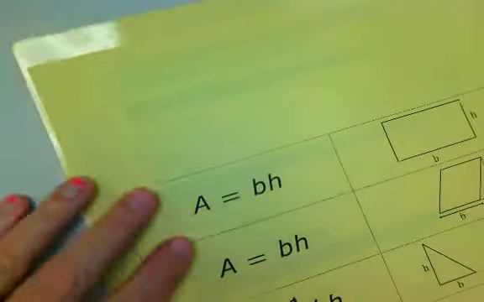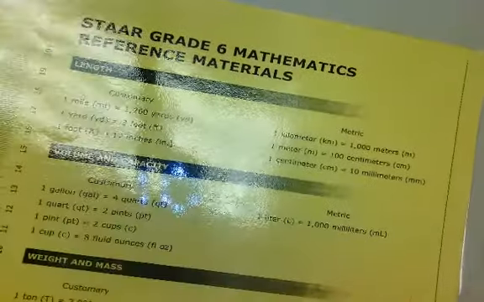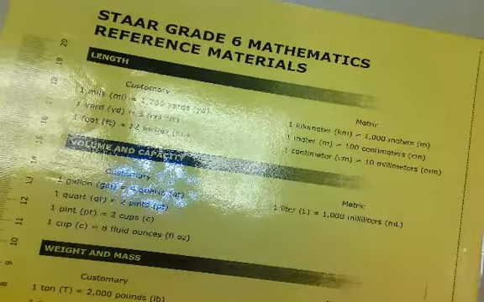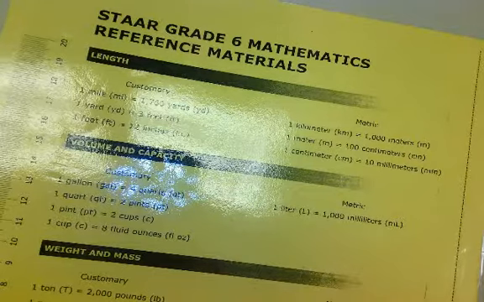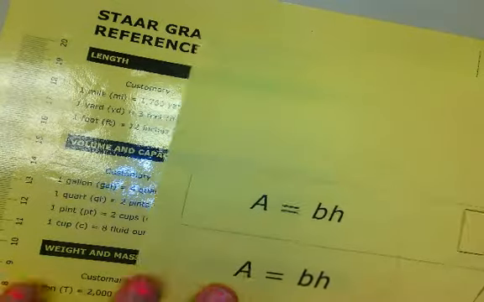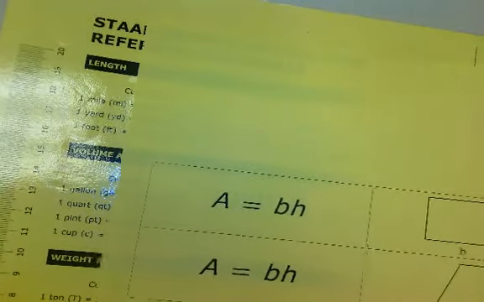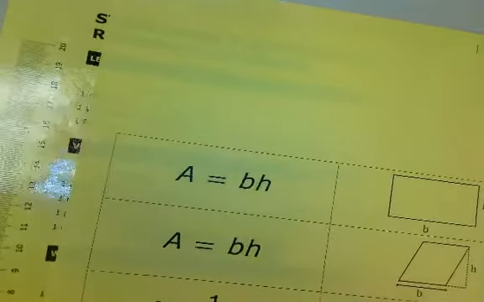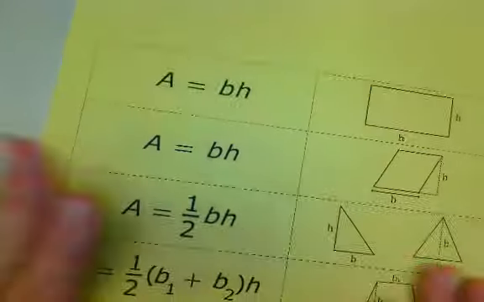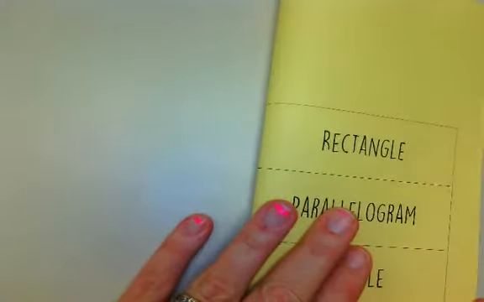Alright, so before you begin, you should have this little foldable here along with the star chart. The star chart is just to show you what it looks like on the reference star chart, but really you can just use this. But I want you to see both because you will see it on STAAR and you won't be able to use this foldable on STAAR. So, let's begin. If you fold it,